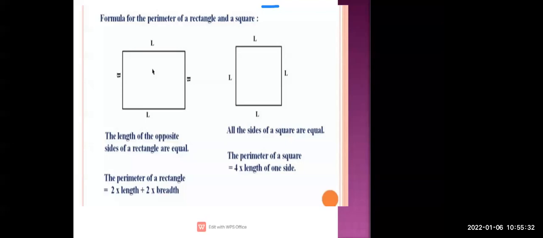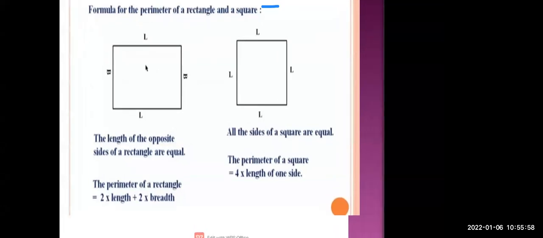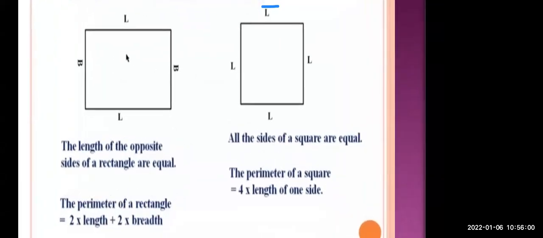फॉर्मूला, अभी आपको क्या याद करना है? Formula of perimeter of a rectangle and perimeter of a square, because the next practice set is based on the formula of perimeter of a rectangle and perimeter of a square. So let us see the formula of perimeter of a rectangle first, and then the formula for perimeter of a square.